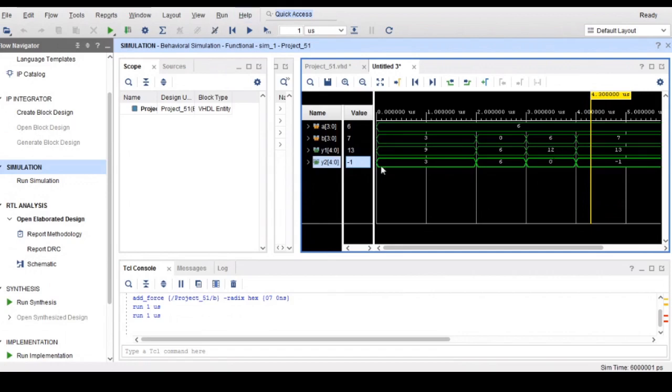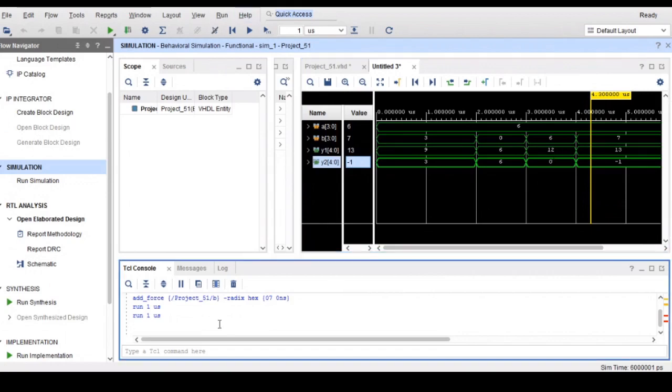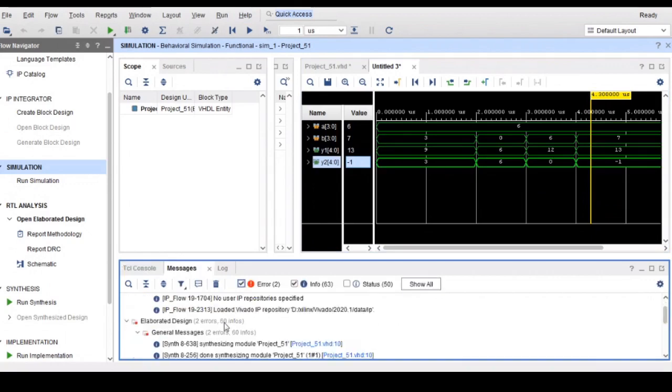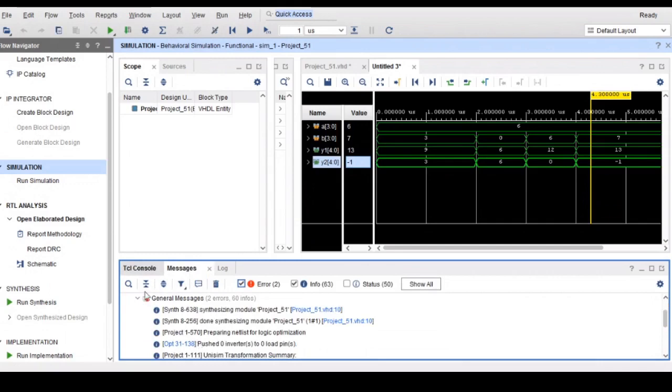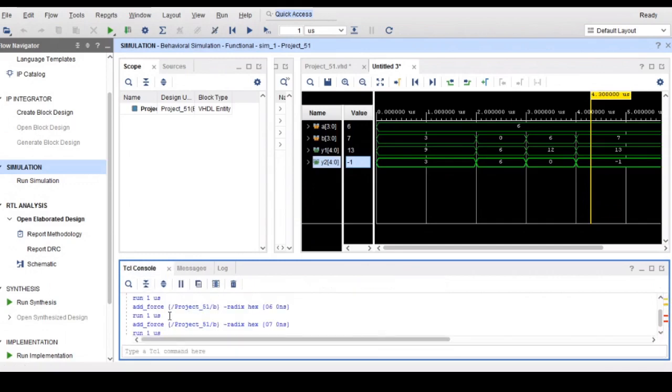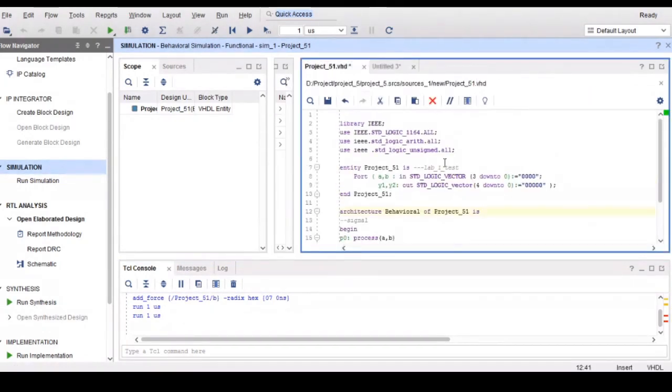No, it should not come. Below there is a Tcl console window. What is coming there? Any red color message? Yeah, red color message. That means a syntax error is there in the program. Go to the program again, you check. Can you show your program? This is the program.